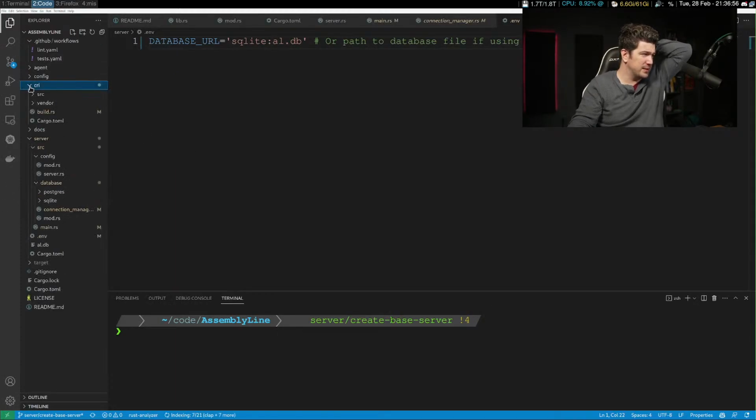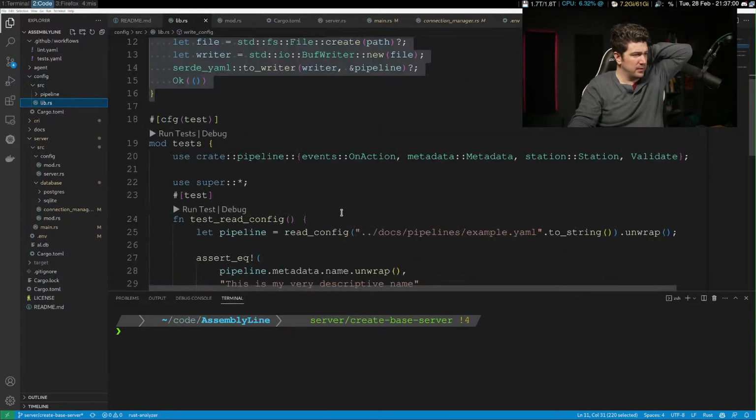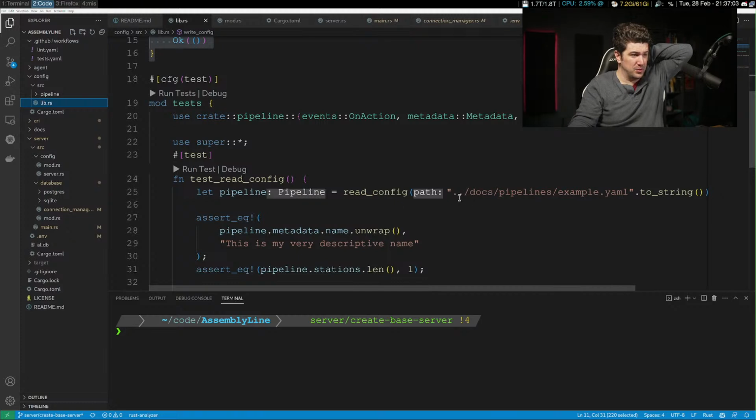So in our tests here for config, we didn't have to escape out of target debug. That would be weird. We're just inside the working directory, right?